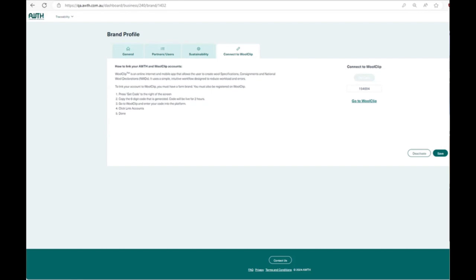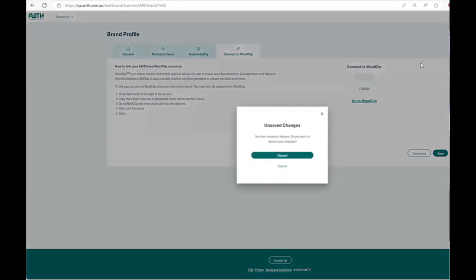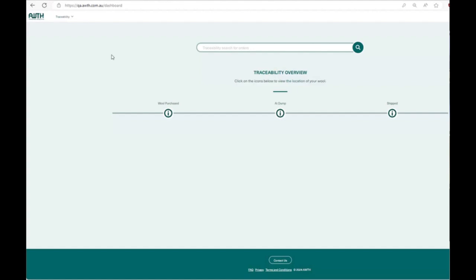So that's the functionality from a grower's perspective. So what I might do now is jump through to the buyer end, because it'll make a little bit more sense if I do that. So now looking at the landing page from a buyer's perspective. Again, they're basically just preoccupied with all their purchases, what's been dumped and what's been shipped in the first instance. Again, from the traceability point of view, they're looking at the sale lots that they've purchased or the orders they're